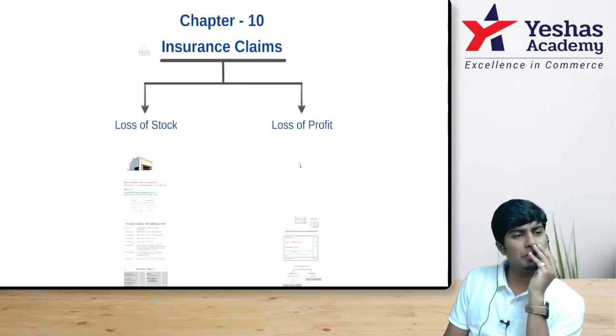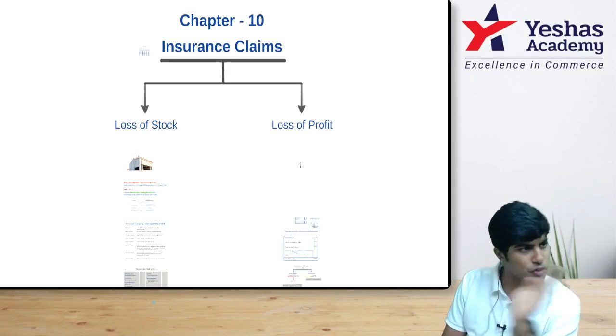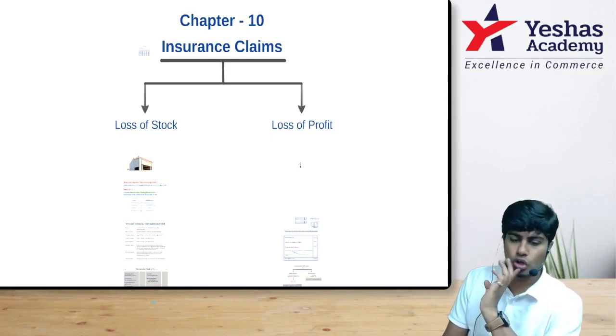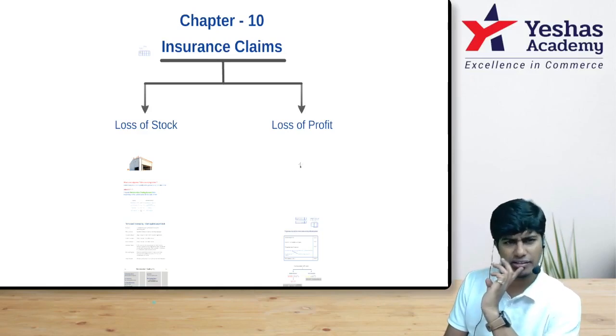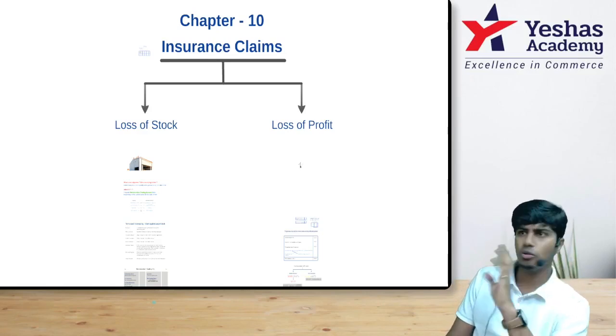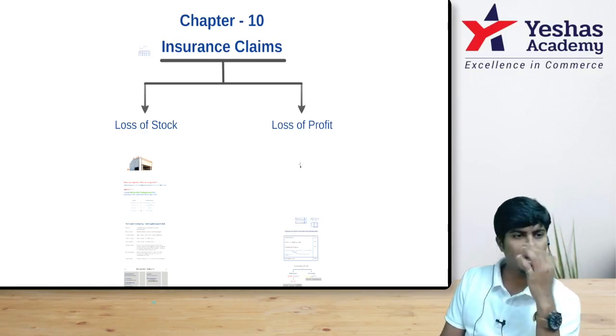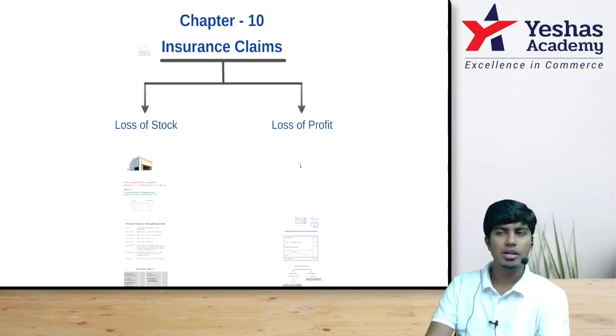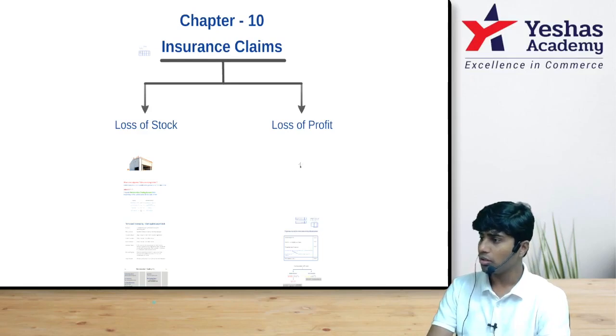We will finish doing problems on loss of stock and then start with understanding of loss of profit. So today is what day? Thursday. Thursday, entire day, Friday, tomorrow, maybe a little part of Saturday might also go in. Today and tomorrow, the entire day will go in loss of stock. Only after that, Friday, Saturday, we'll start with loss of profit.